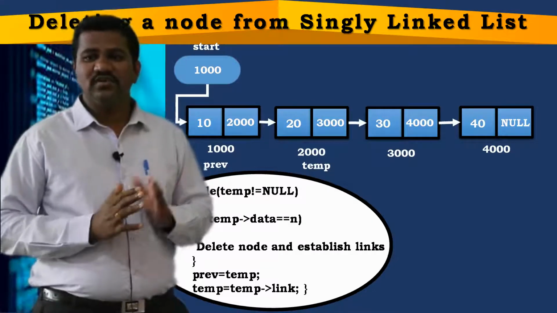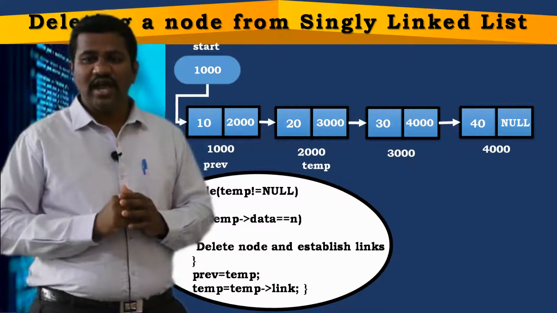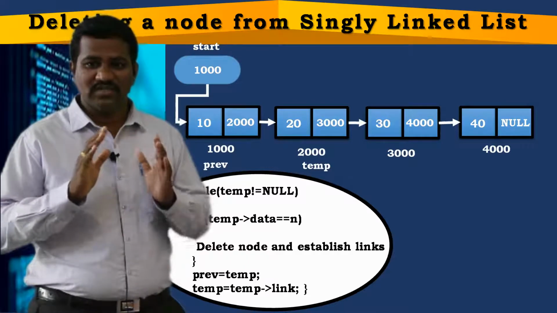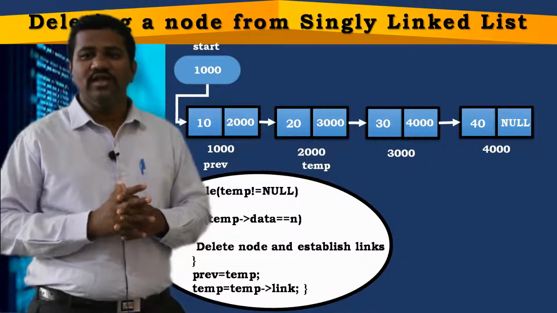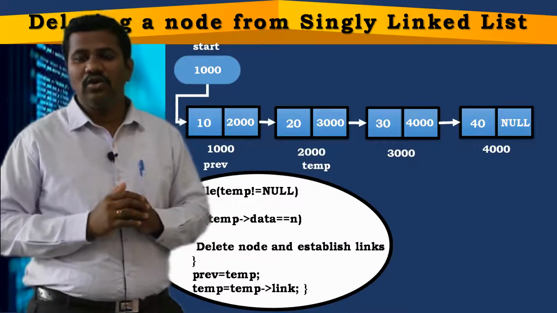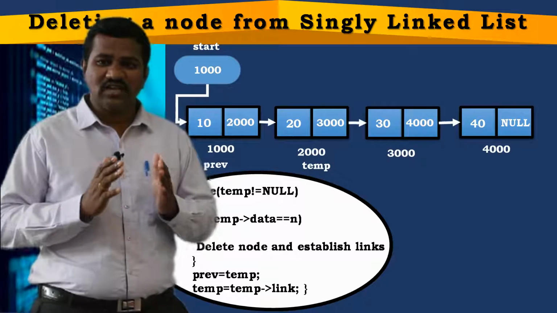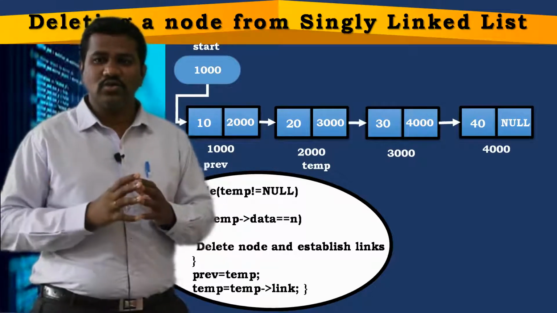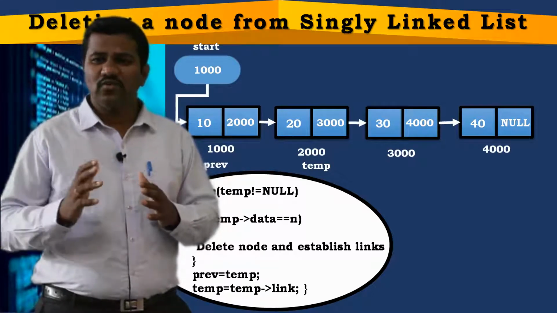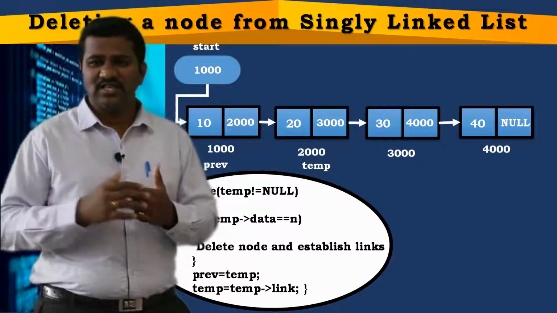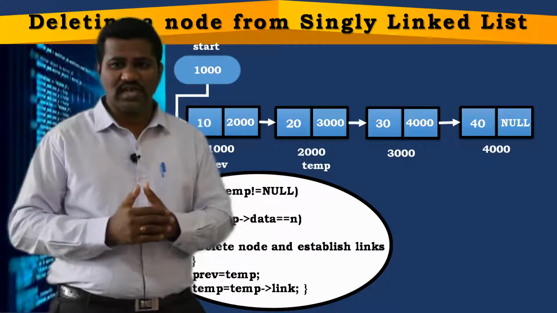If the node is found between the second node and the last node, then we need to delete that particular node. Suppose we are starting from the second node to the last node, and the node may be present at the fourth node, or the node may be at the last node, or the node might be at the second node, right?